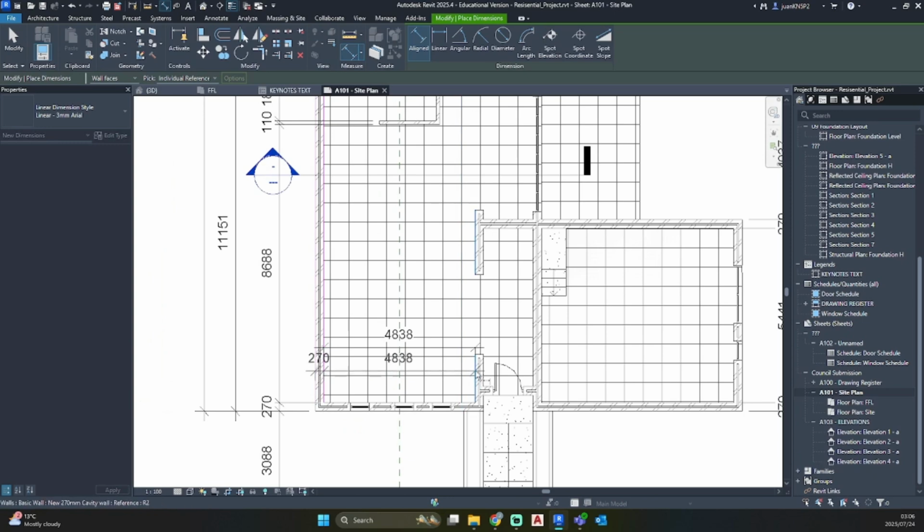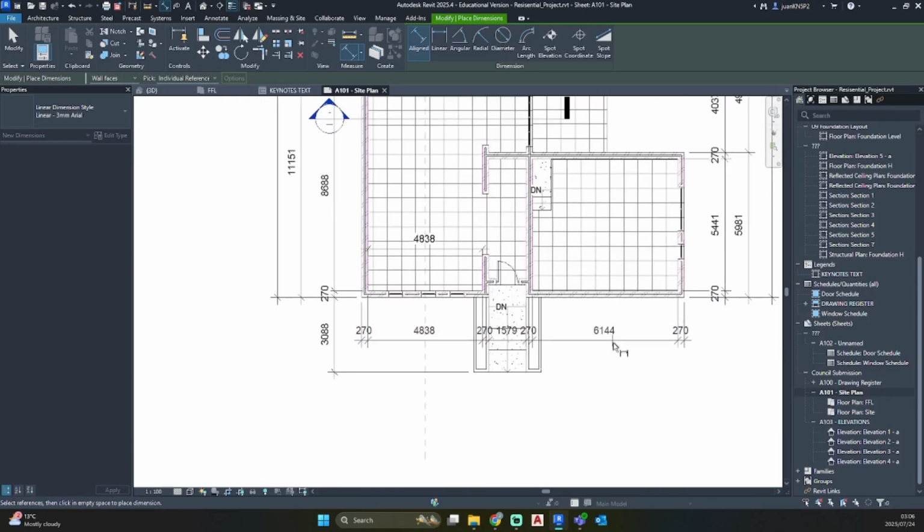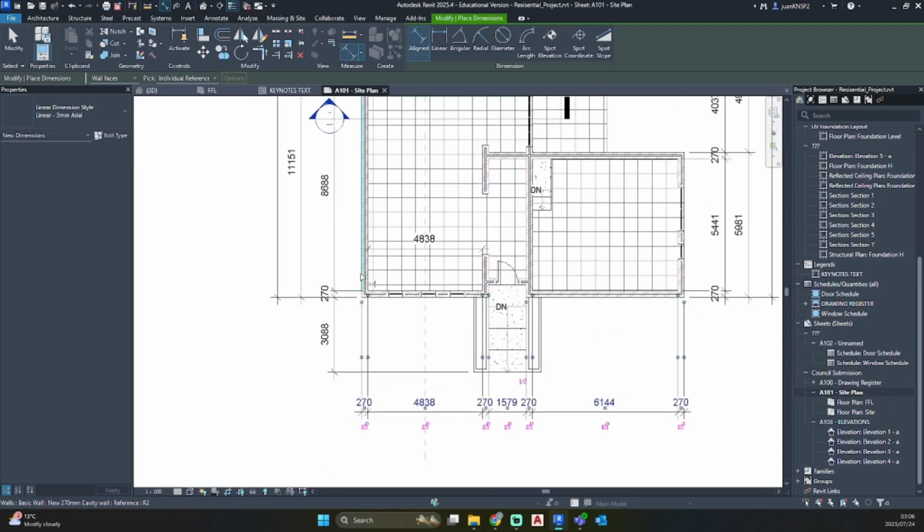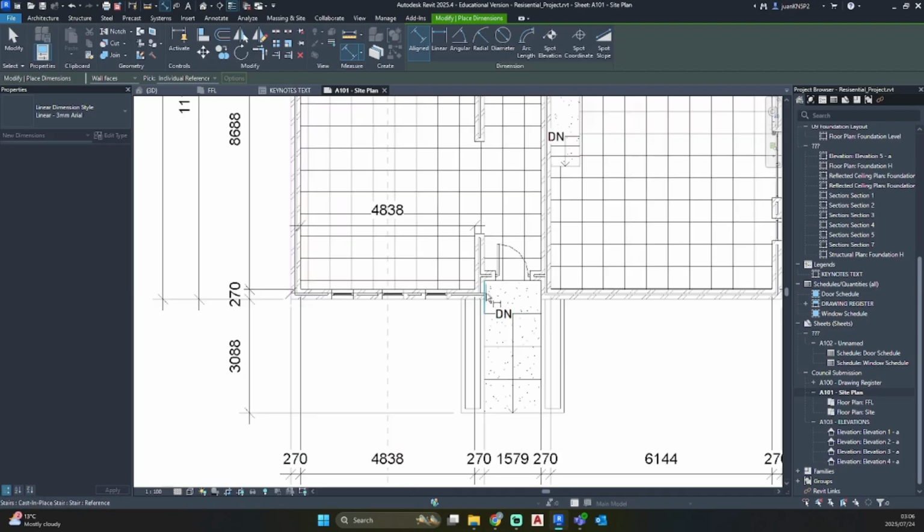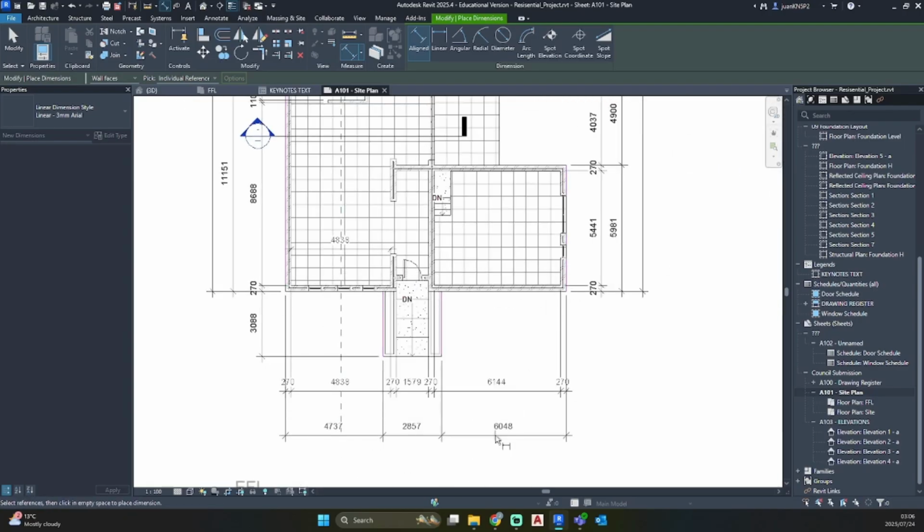Now for our south side, and take the outside of my planters.